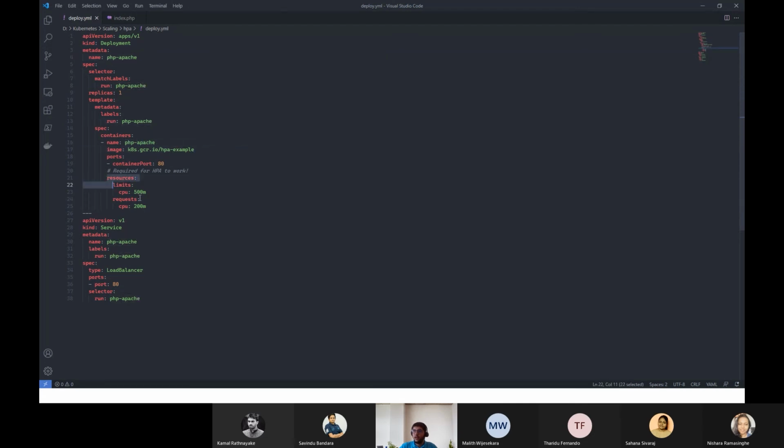And this part is what is required for the horizontal pod autoscaler to work. So remember that I mentioned that it works on CPU and memory. So you have to provide these resources so that it knows how much CPU and memory you require. So in this case, I've set it up to have a request for 200 m CPUs, and then it can go up to a maximum of 500. And then I just have a service load balancer so that I can access the